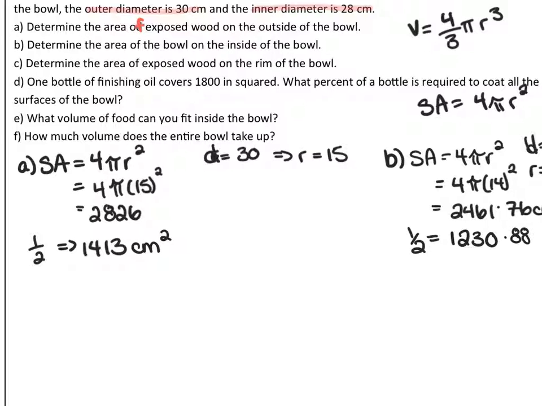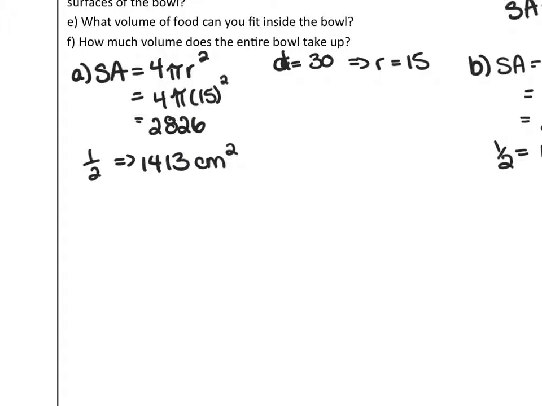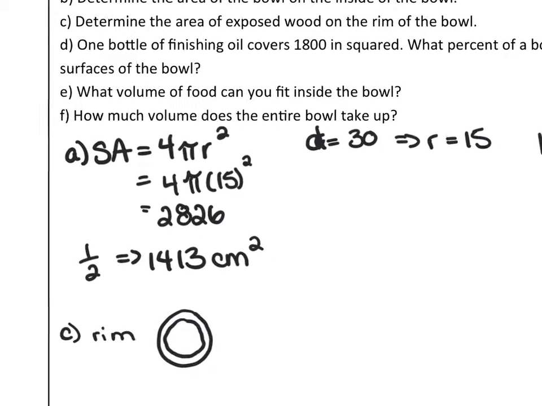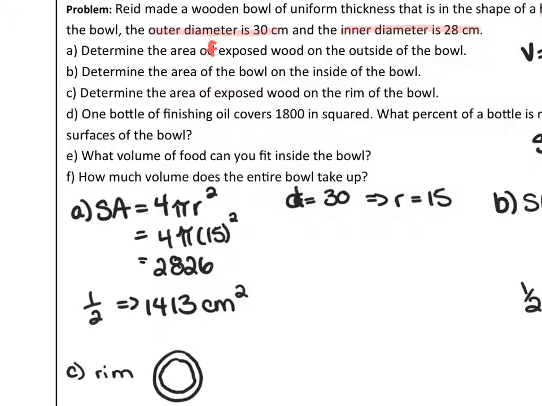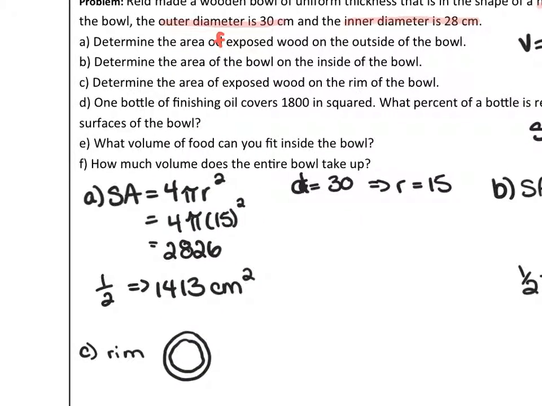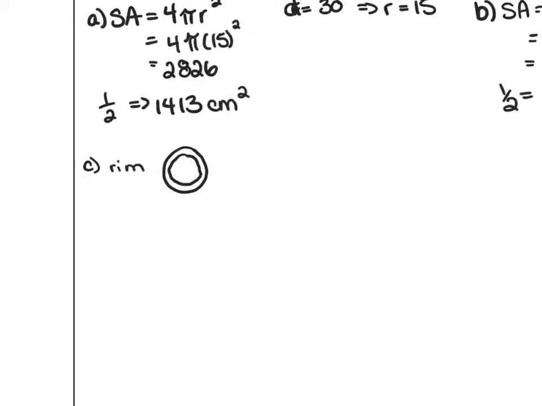1230.88. So we have the outside and the inside. And the last thing you're going to do is find the rim of it. Now this is where you might want to draw a picture if they haven't given you a picture, because how do we do that? It looks like this. Now the difference: the outside is 30 diameter, the inside is 28. So what you're going to have to do is find the area of the whole thing and subtract the area